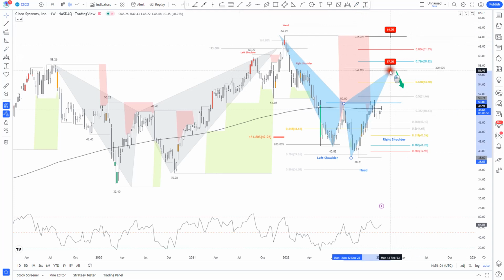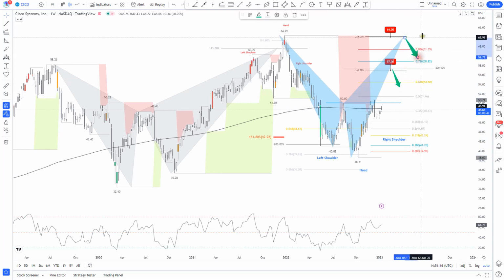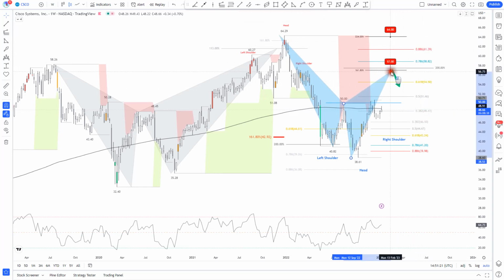After the completion of the pattern, we expect a reaction to the downside, but then the market can print that pattern again later at the 224, and then if that happens, we will expect another pullback, another retracement. But for now, we are focused on the potential violation of this previous structure resistance, which may trigger the move